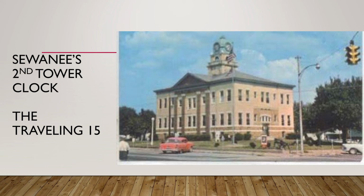So Sewanee now has a second tower clock, and I've called it the Traveling 15 over the years. This courthouse you see right here is in West Union, Ohio. They purchased a Seth Thomas number 15 in 1915, and it was installed in the courthouse there and ran very well for many, many years. All of it was completely original. It was still hand wound once a week until